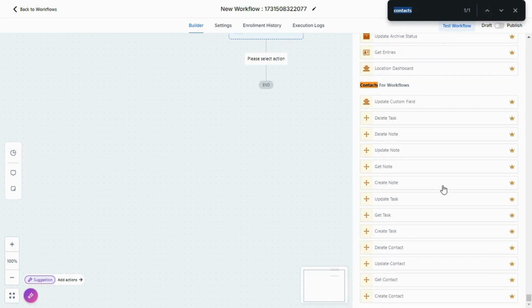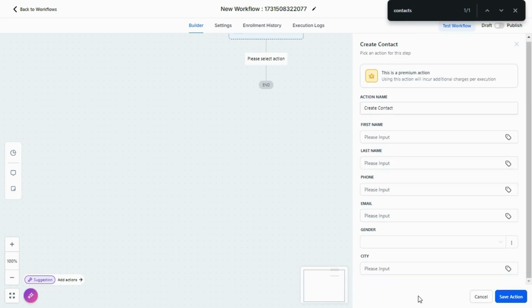These are the variety of actions that you can use in your workflows and create your own automations. You can create a note, you can create a task, you can create a contact, you can easily get them, update them, delete them as well. You can also update a custom field. Right now we will be creating a contact and filling out the information that is required for the action. Enter the basic details that are required,